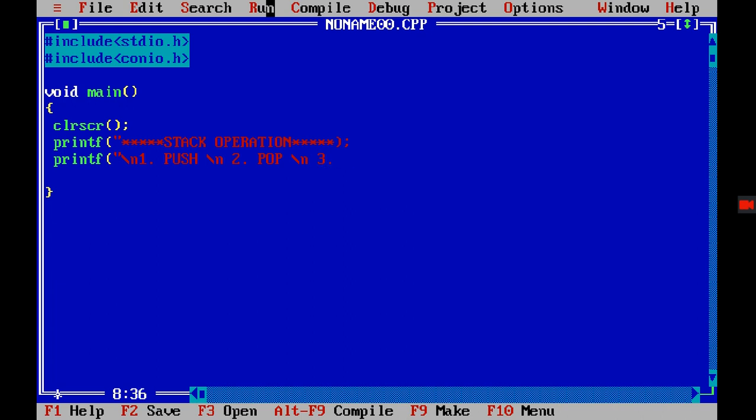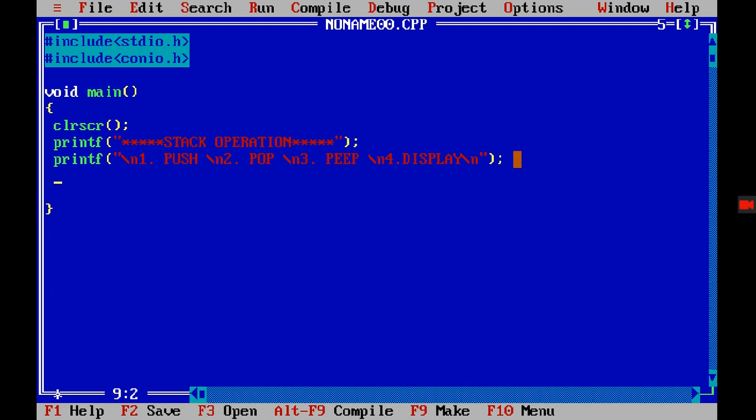Then I can have peep operation. Then I can have display. So these four things I'm having. One thing I forgot here, that is to end these double quotes. This little thing you need to keep in your mind.